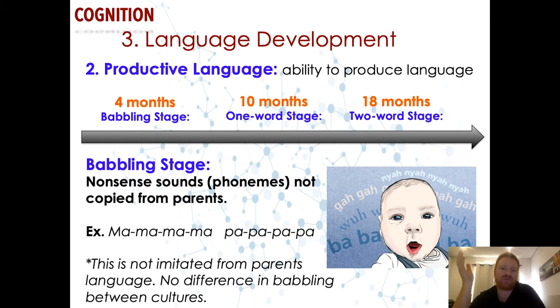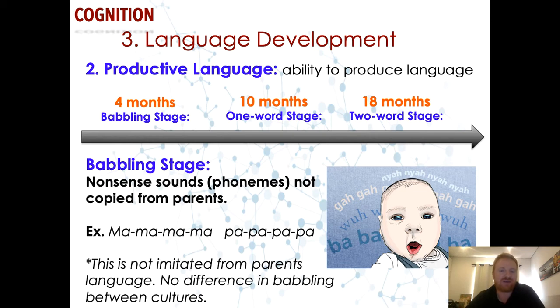And technically at 4 months of age, we're not really speaking, but we're trying to speak. So we're doing something called the babbling stage. Baby babble is stuff like ma, ba, ba, boo, boo, boo, bee, bee. And they're really just practicing the sounds that they're going to be using later for their language. Now, these are called nonsense sounds. They're not really meaningful to the baby. And they're not copying what their parents are saying either. They're just practicing the possible phonemes with the mouth.